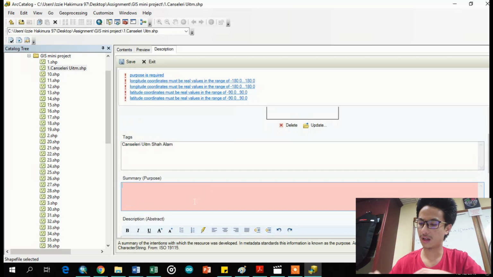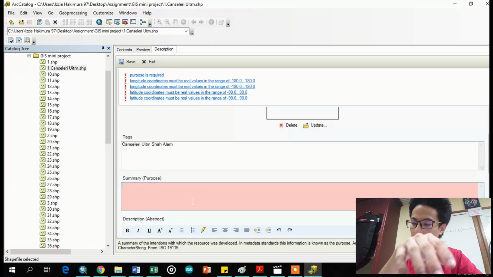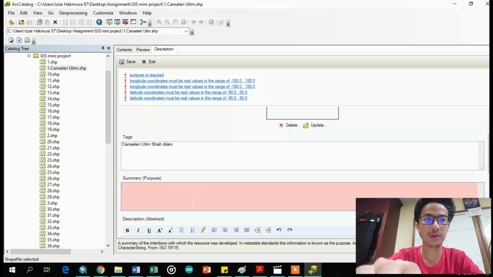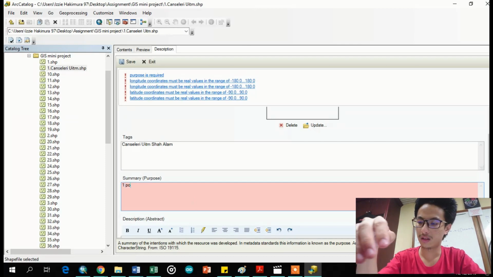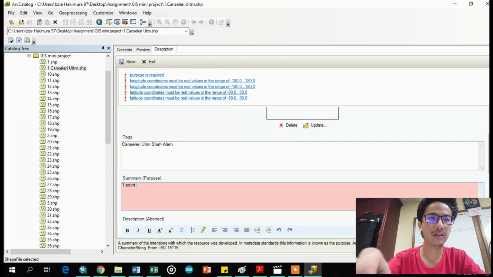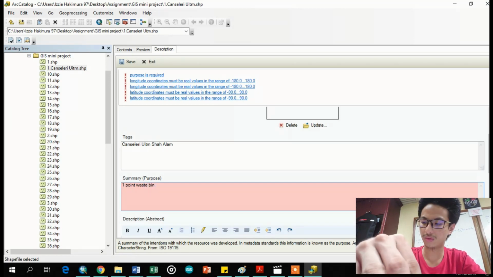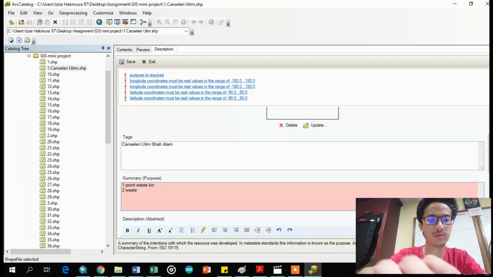We can identify that the location of the point has one point with two dustbins provided.